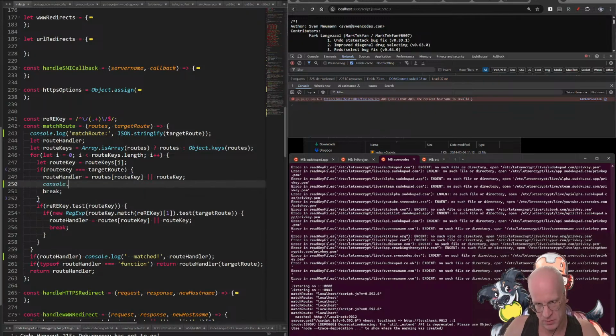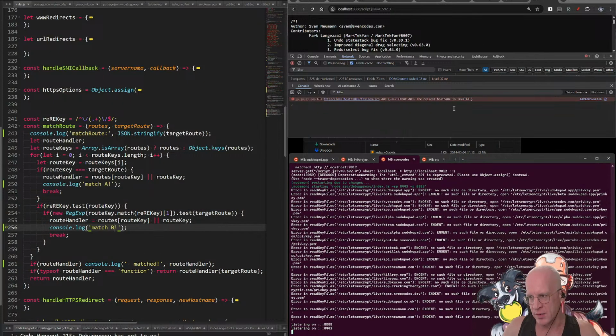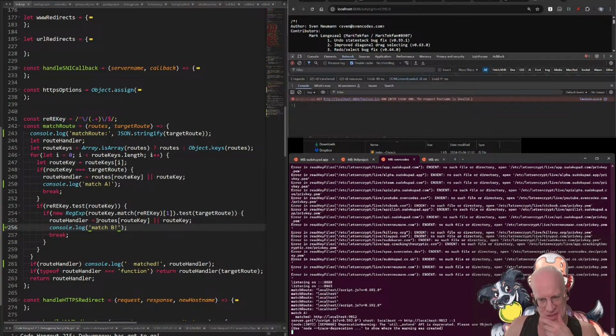So console.log match A, match B. And the difference is it checks if it's a string or regular expression, right? If root key equals target route, if test root key